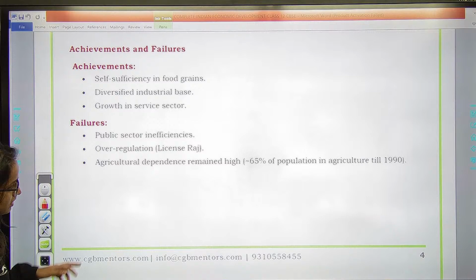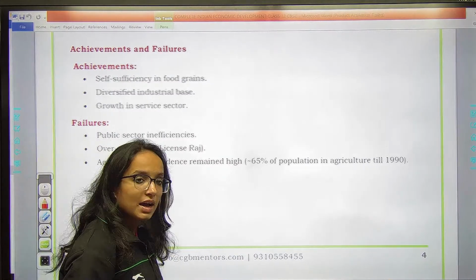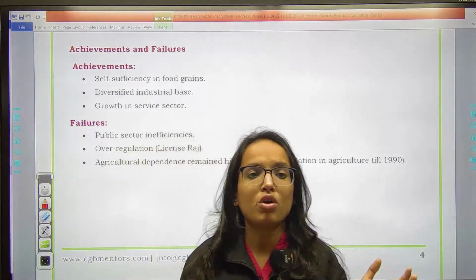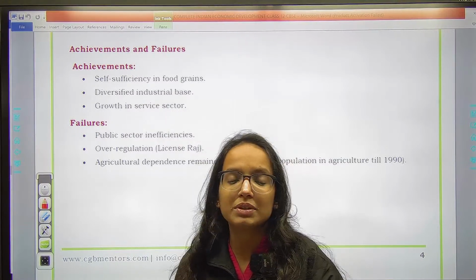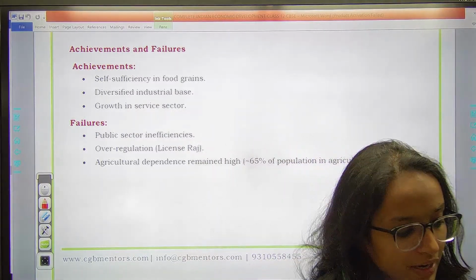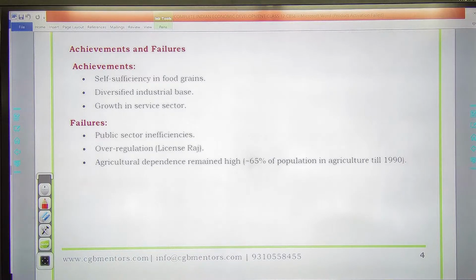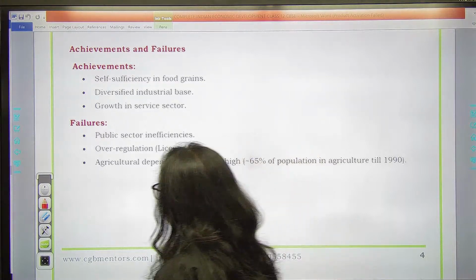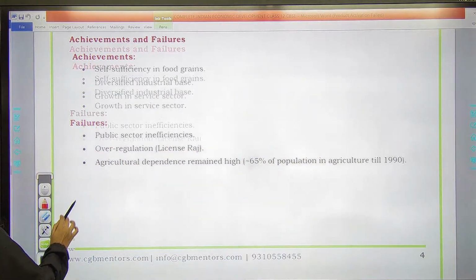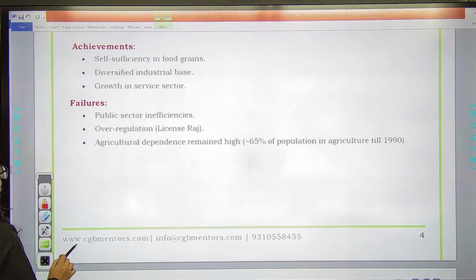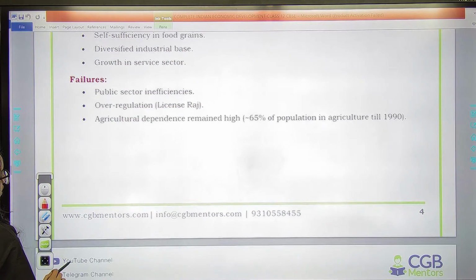The next one is agricultural dependence remained high. As a source of income, the dependence on agriculture remained quite high. So these were certain failures